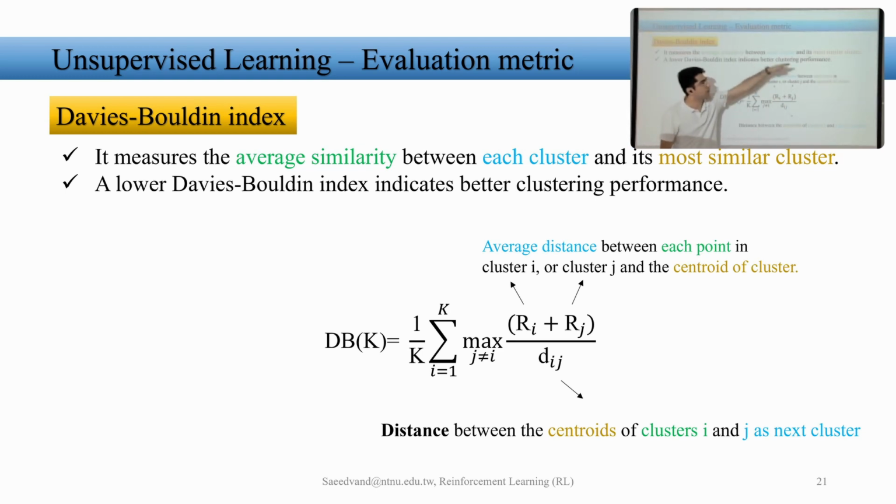So we want to calculate this term, pretty similar, but what we do is choose one cluster and add it to the other cluster. I choose this cluster, get the average, and for the next cluster at the same time I also calculate it. Then I sum them up. Then I divide that by the distance between the centroids of those. That is here, this distance. Oh, I should have drawn a straight line.